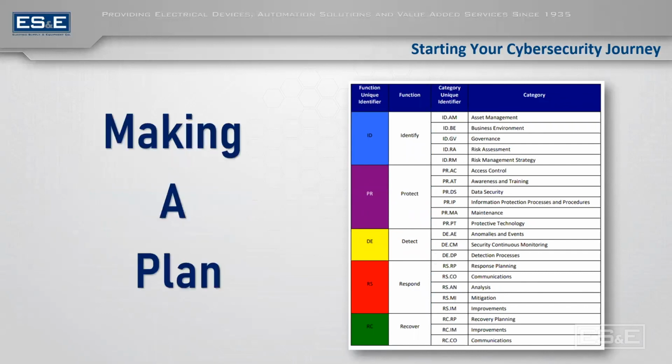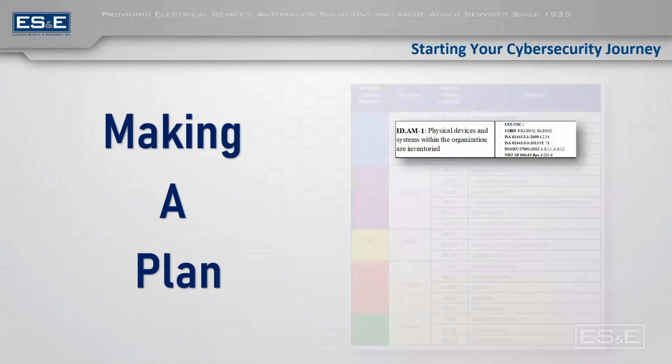So when we begin to make a plan for ourselves, and I've seen this done multiple ways, I'm going to show a spreadsheet in a second that'll actually highlight all of these categories in a bit more detail. But here are some examples when we're making a plan. One of the subcategories: physical devices and systems within the organization are inventoried. So before we can even start to secure our system, when we start looking at that picture we showed earlier with all the cables and just the mess of a system, if we just take an inventory of what we have, we understand exactly what we have in our facility, in our plant,